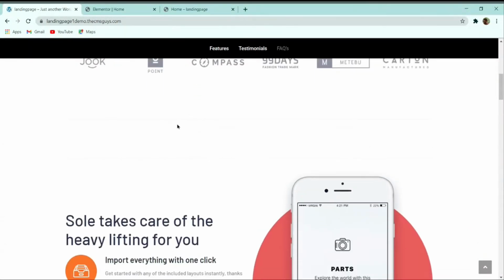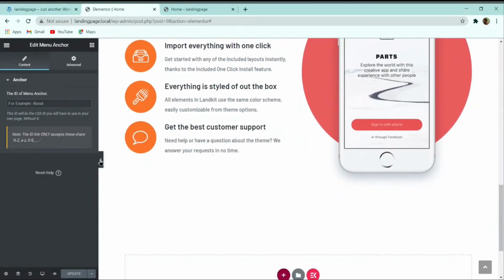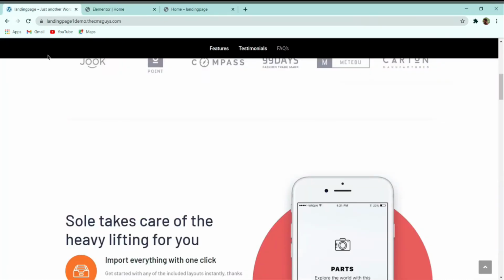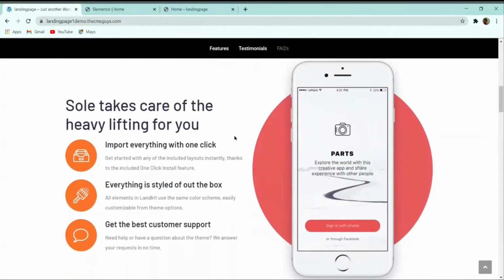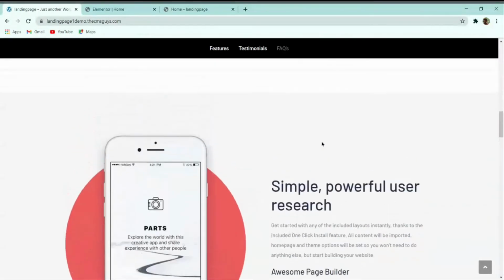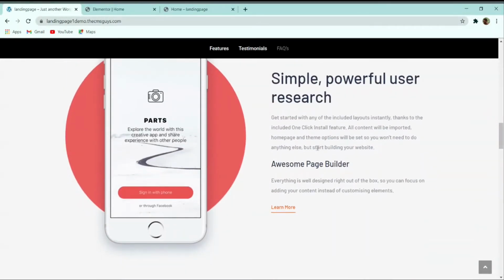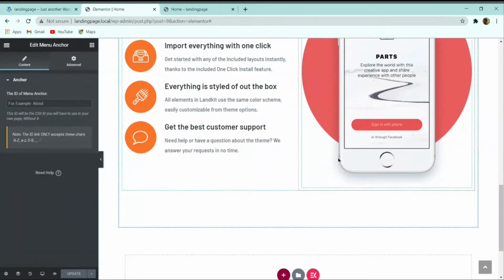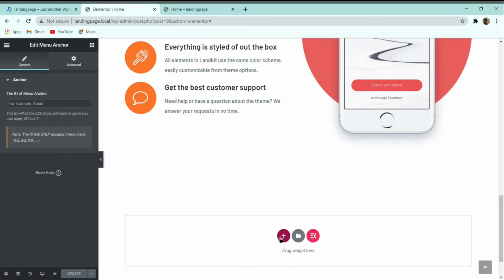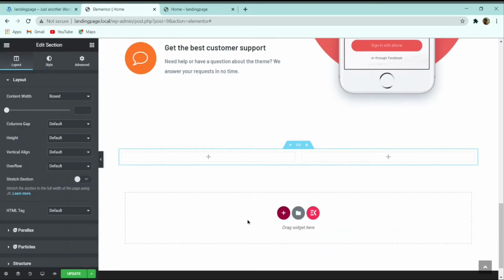So basically with this you can see that this third section is also completed. Now let us start creating the fourth section. In this fourth section you can see that we have the same image which we have on the right hand side. Here we have an image on the left hand side, and on the right hand side we have some text. So to create this one, again I can click on this plus icon, and here I can take two column.